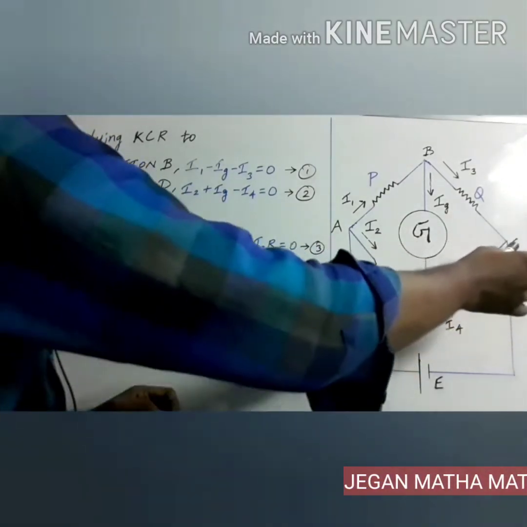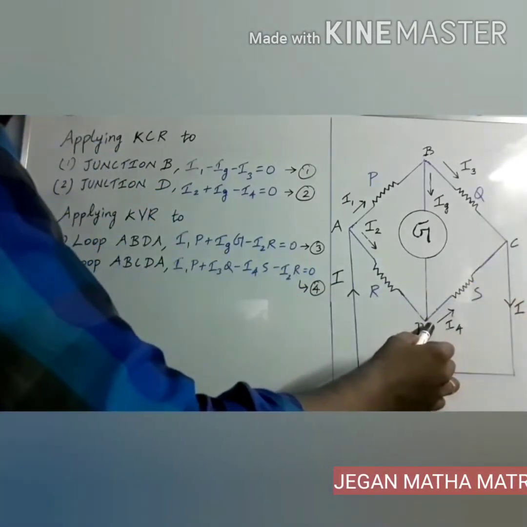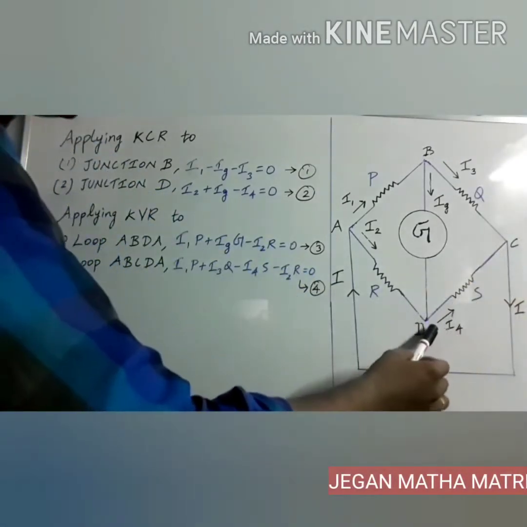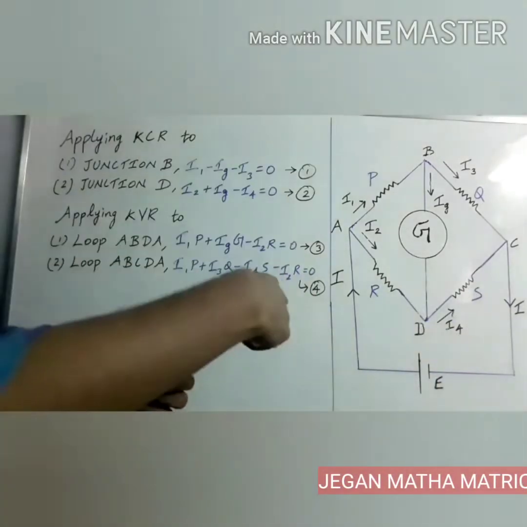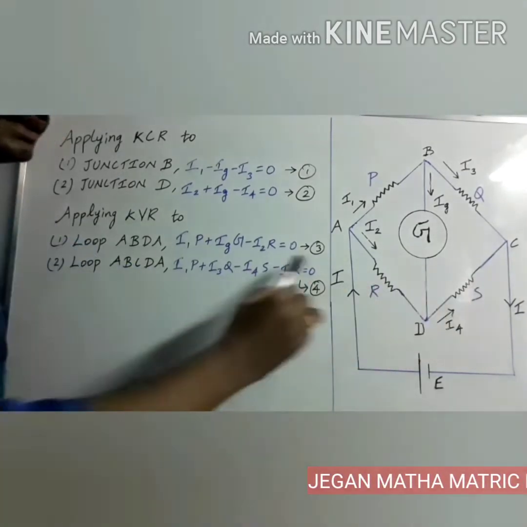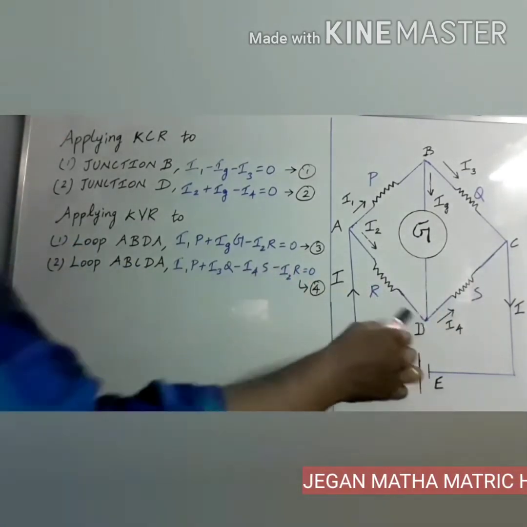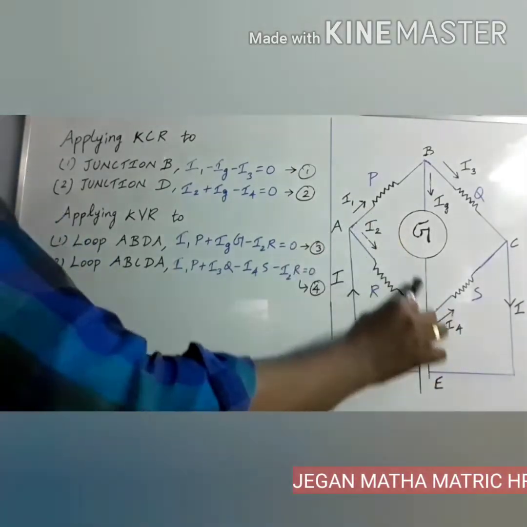Next, C to D. The direction of the loop is C to D. But in this part, what is the direction of current? Here the current is I4. It acts from D to C. So the direction of current is opposite to the direction of the loop, so it will get the negative value. So minus I4, and what is the resistance here? Yes, both are multiplied. To complete the loop, we have to move from D to A. So the direction of the loop is D to A. But in this part, what is the current? I2.